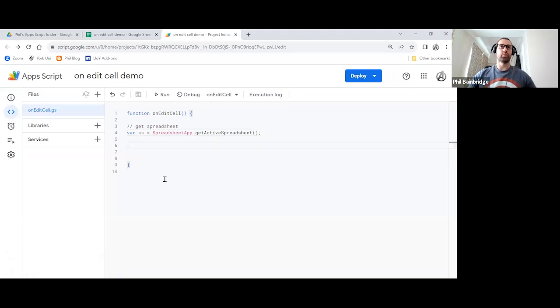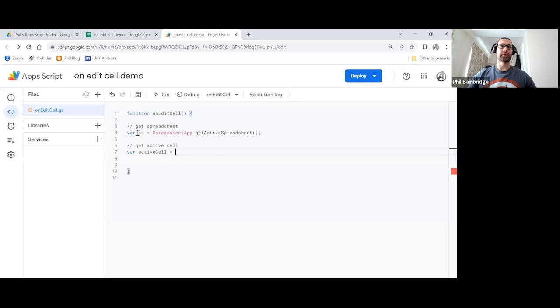On the next line then, we need to target the specific cell that the person is editing. So let's pop in a comment, and we're going to say get active cell. So that is the one where the person is doing the typing. We're getting something, so we're going to store it as a variable. So we've got our var, and I'm just going to call mine activeCell using the camel case naming again with a capital C for cell. And I'm going to set that equal to.